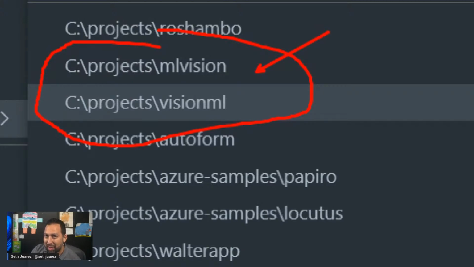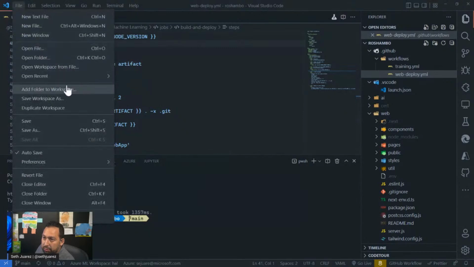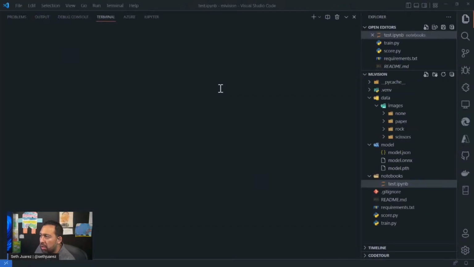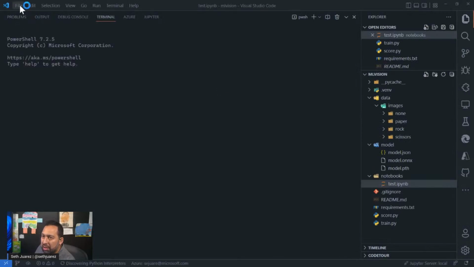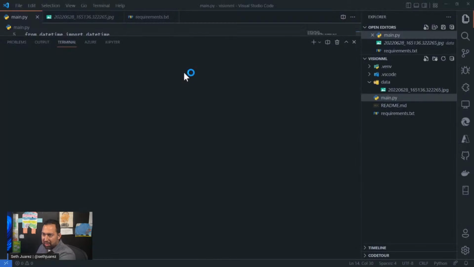Every time. It's not even funny. Okay, so I don't even remember which one it is. I think it's ML Vision. So open recent ML Vision. No, this is something else. Open recent Vision ML. Yes.